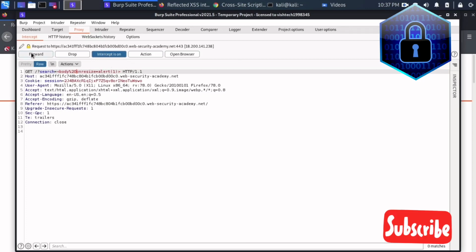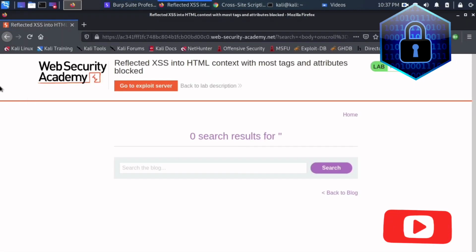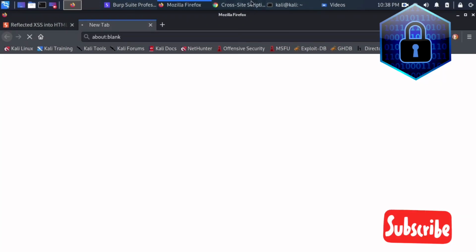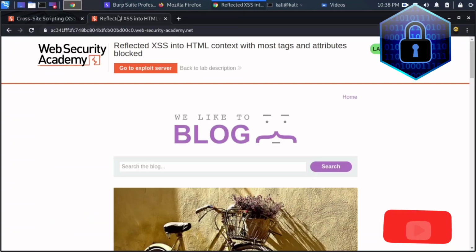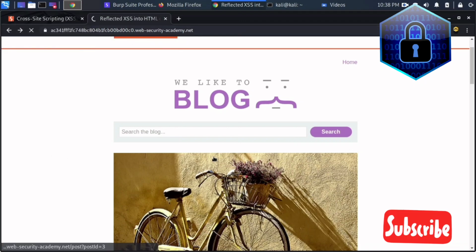So I'm just forwarding this request. Let's see, it is not showing now because the lab is not solved. Now we have to go to the exploit server, and here also we have to use the iframe in order to complete the lab.